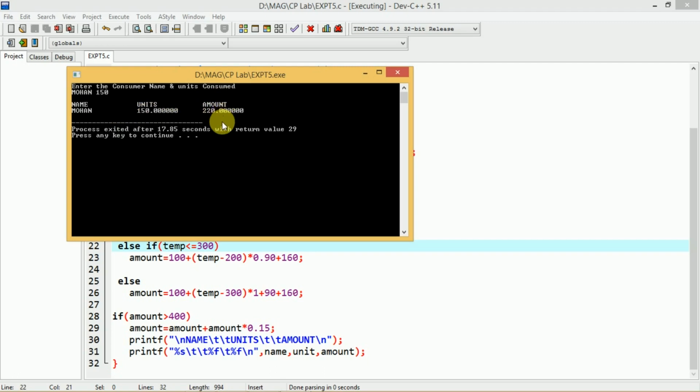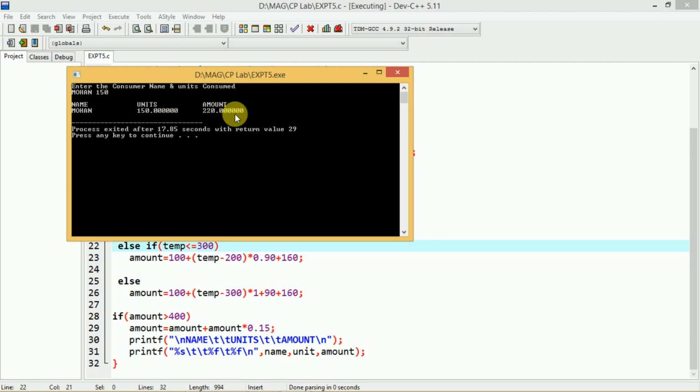For 150 it is very easy to calculate, because for the first 200 units the charges are 80 paisa. So for 150 it will be 80 plus 40, that is 120. Then 120 plus the fixed meter charge of 100 is 220. The same is given here.